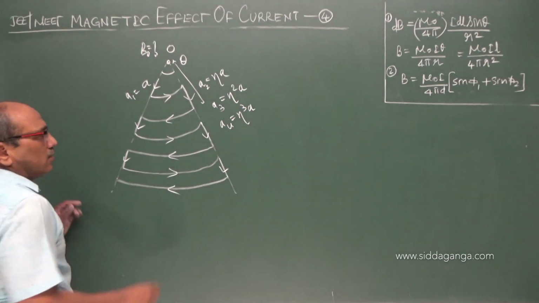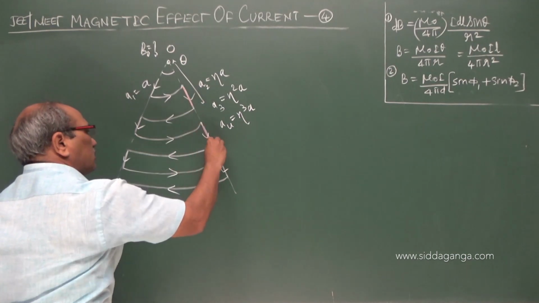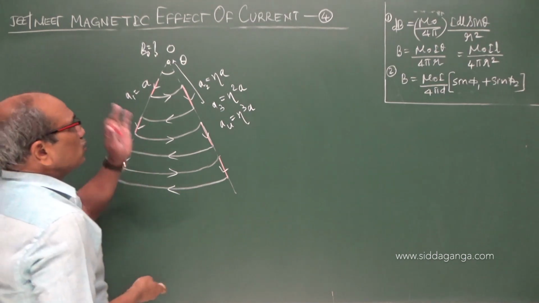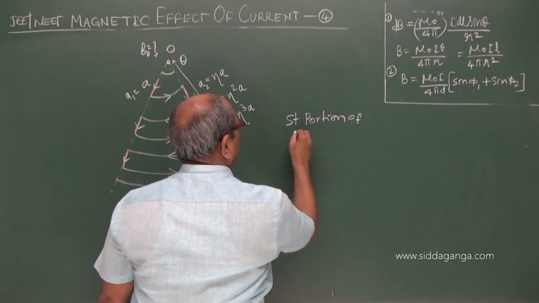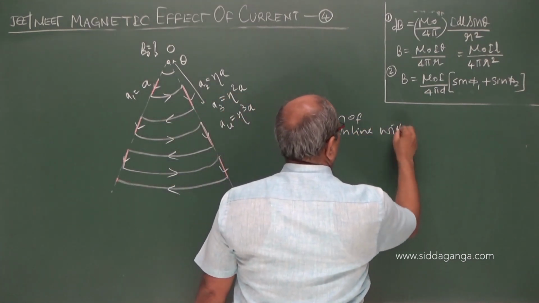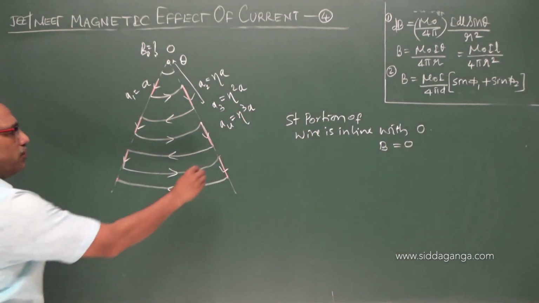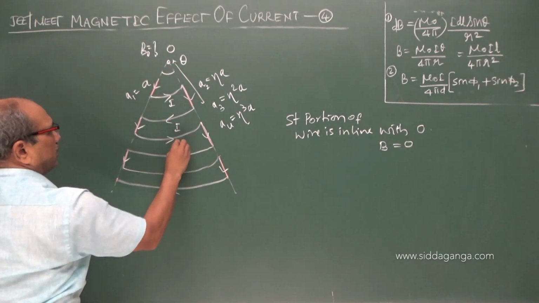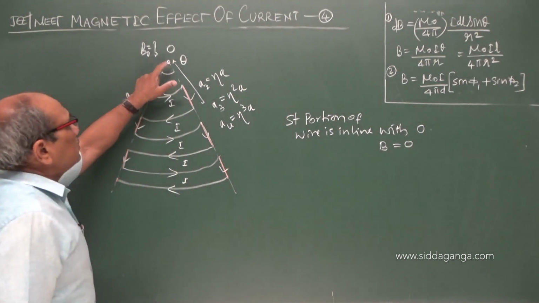What is the field? Now there are straight portions. If you observe, there are straight portions like this. What is the contribution to the magnetic field? We have to take care. That is 0, because the straight portions of wire are in line with O, therefore the field produced by them is 0. You see that they join with that. These are the arc portions carrying the current I. I use this relation: mu naught I theta by 4 pi r. Theta is given.